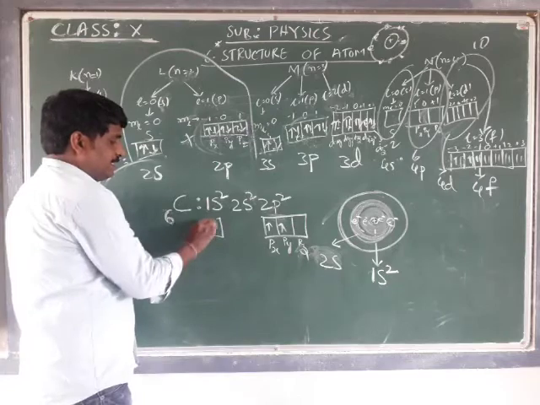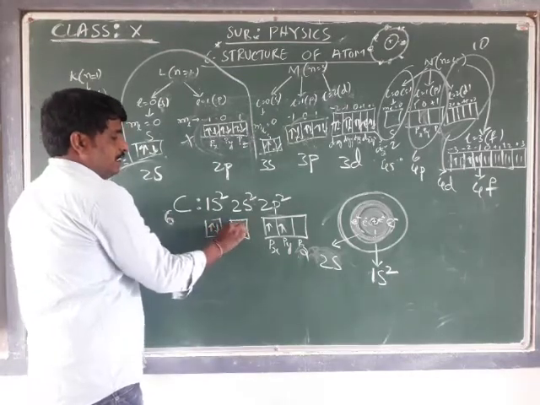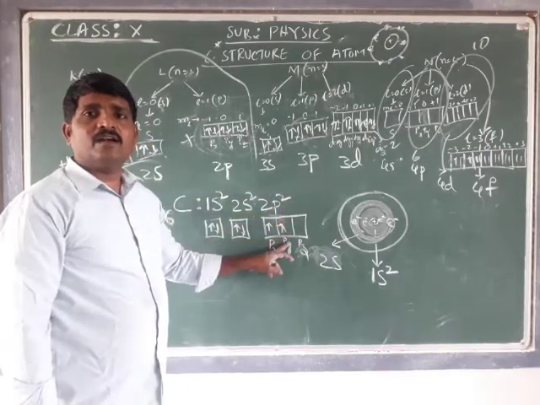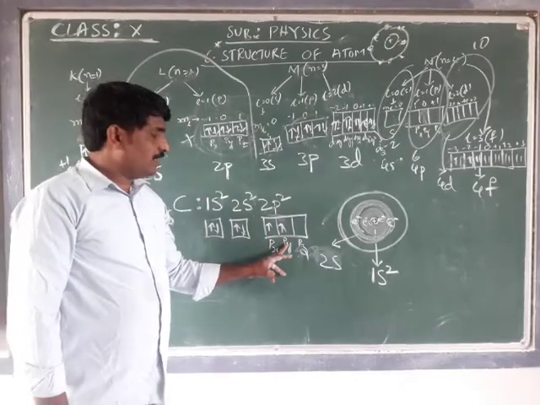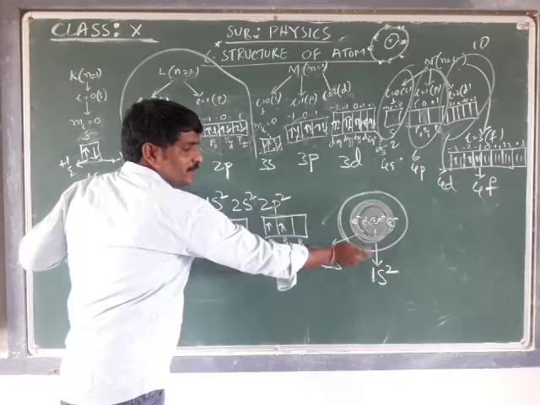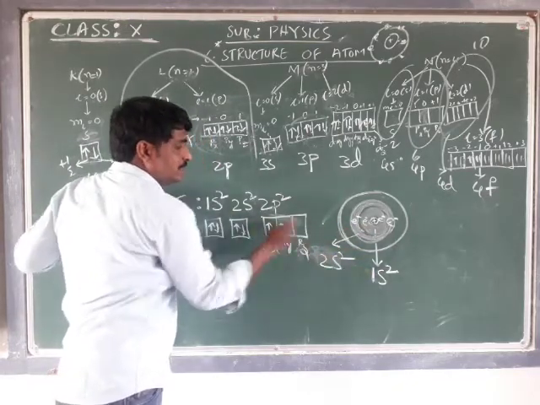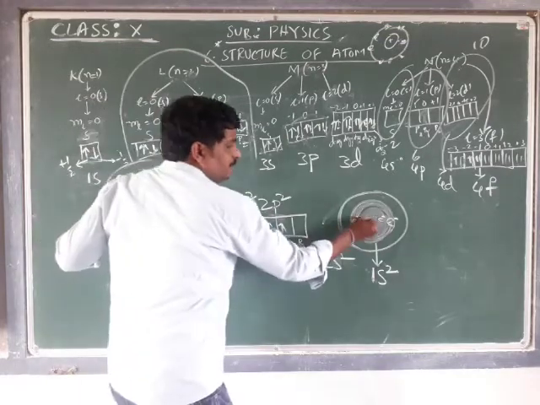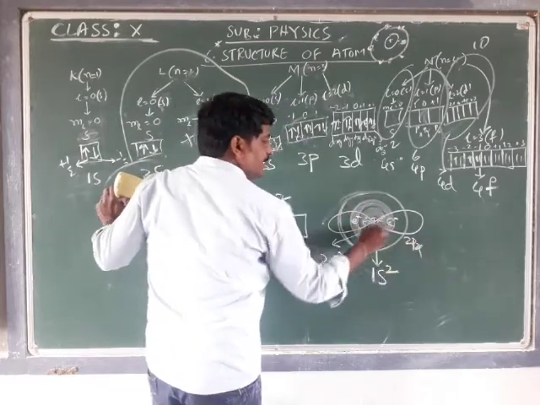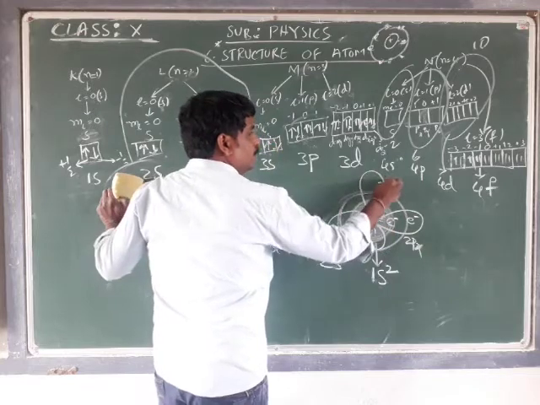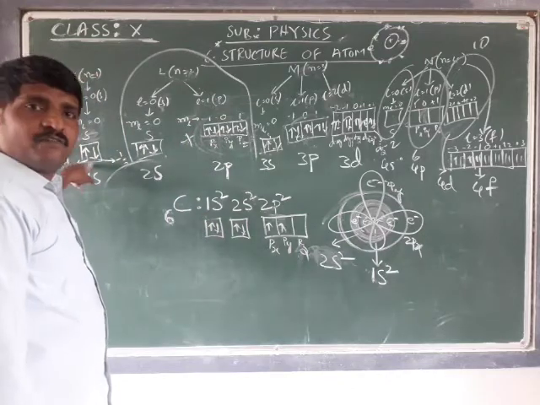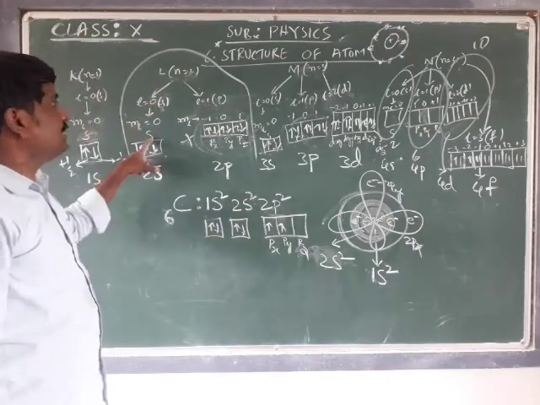Okay, that is 1s 2 electrons, 2s 2 electrons, and 2p also has 2 electrons, where 1 electron will be in px and 1 electron will be in py. See, the 1s subshell contains 2 electrons, and 2s contains 2 electrons. Here the next 2 electrons will be set in 2px and 2py. 2px possesses 1 electron, and 2py contains 1 electron. That means the first shell's s subshell is filled, and the second shell's s subshell is filled.